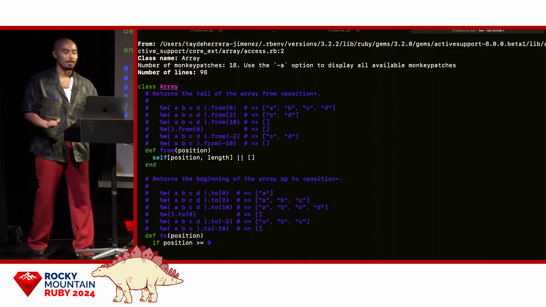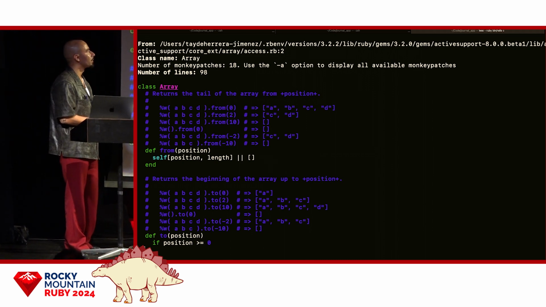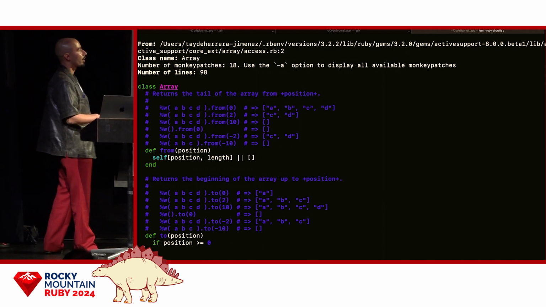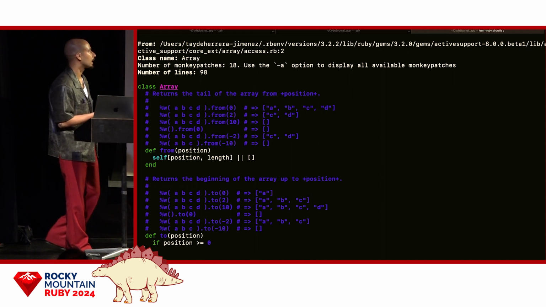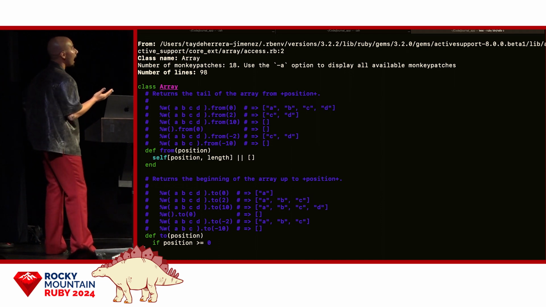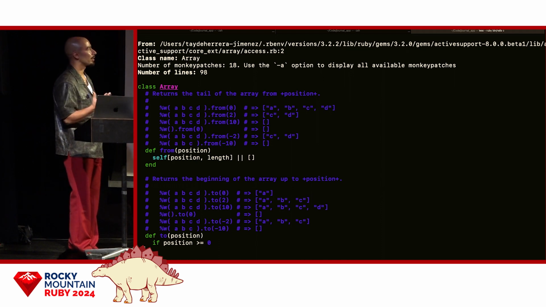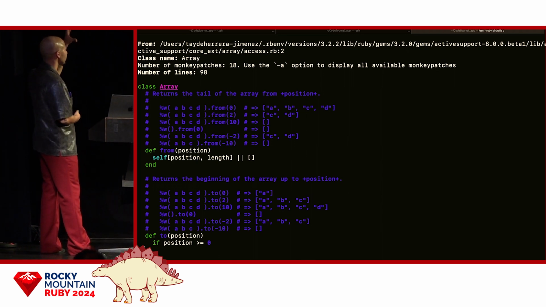Amazing. Okay, cool. So what prydoc does is it gives you the ability to get the documentation straight from your terminal for Ruby source code or really anything that you have access to within your app. And this was such a cool feature that I did not know existed, but I've been using it for the last couple months, and it's been a major game changer in my workflow and what I'm bringing to work. So yeah, this is just the array class, and it brings up all of the documentation,